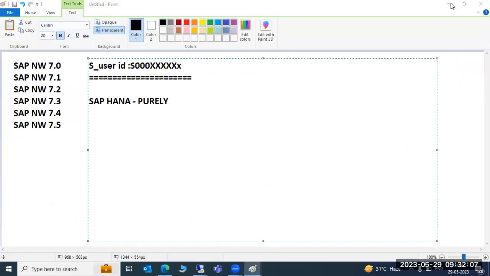Any other questions from anyone? Yeah. Same as ECC versions, we have updated versions of HANA also. It's a database topic, that's why I have not discussed it. In SAP HANA, we have HANA 1.0, then 2.0, and under 2.0 we have SPS 01, 02, 03. We will cover that in the database topic, but now concentrate only on the SAP ECC version.